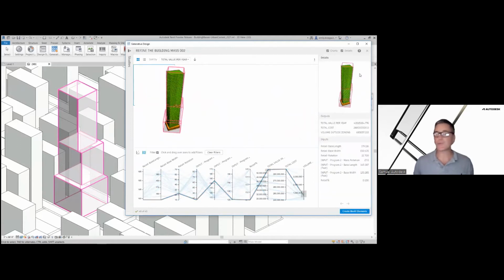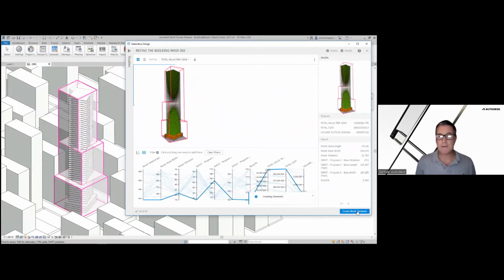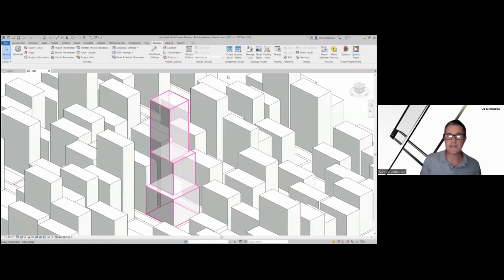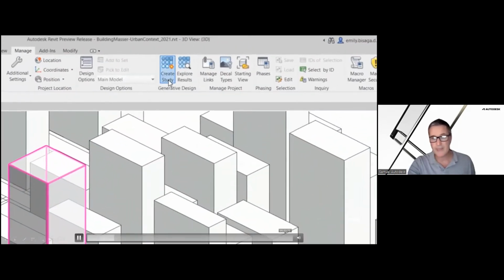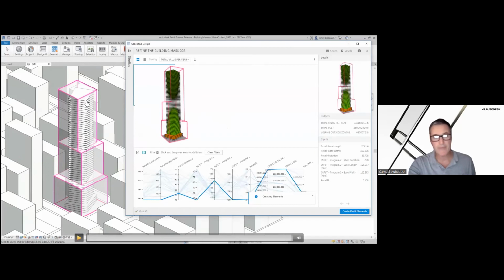We can go through these sliders and filter through to the one that meets all our criteria. And then when we're happy, we hit generate Revit elements, and you'll see at the end there we've got a little massing site envelope. At the end here, we've generated it, and it's loaded those floor plates with the correct ratio into the design. It's orientated the building, but it still fits within that site envelope and still has the right ratio of retail at the ground floor.